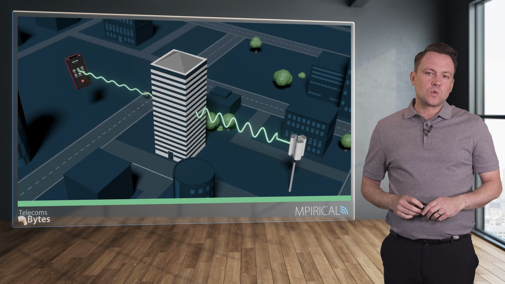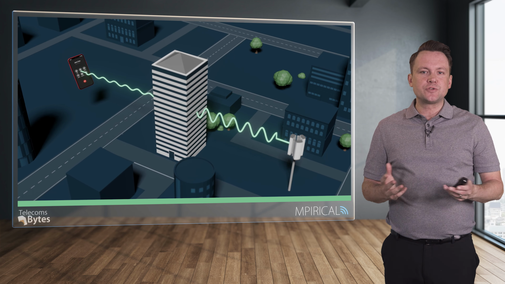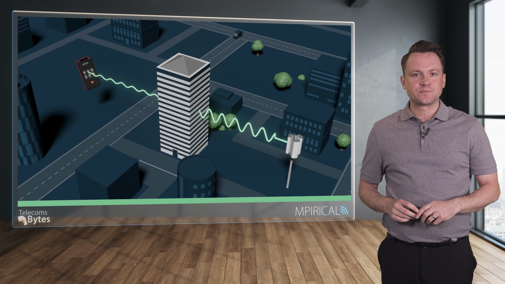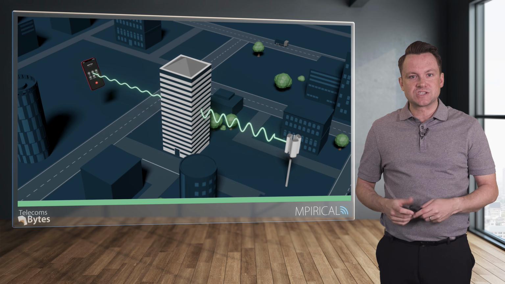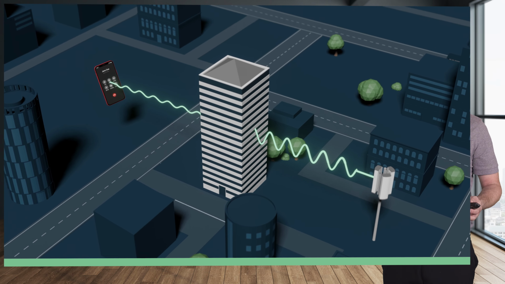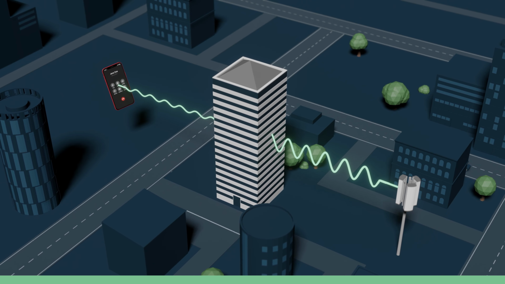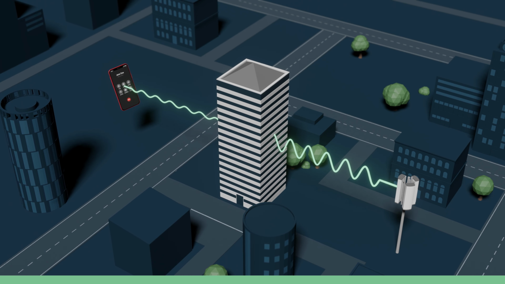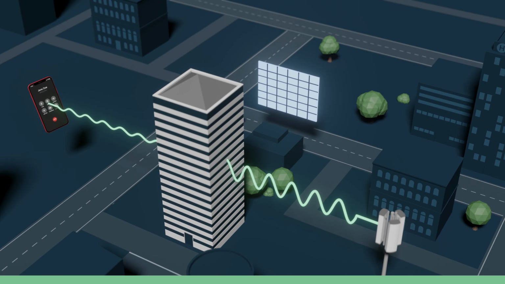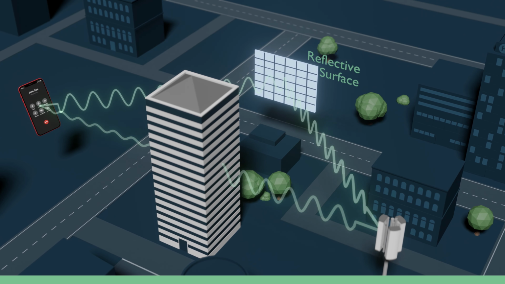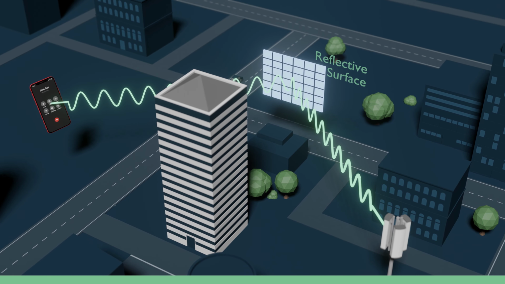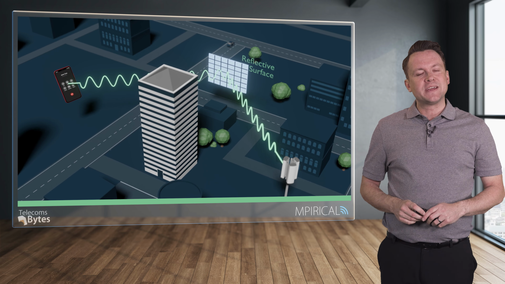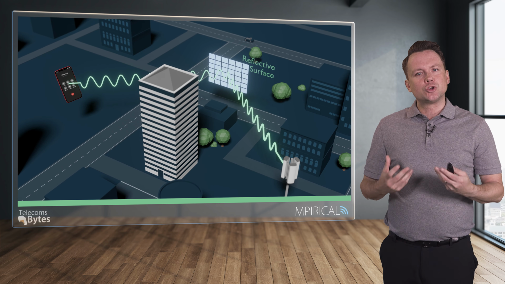Now, one of the ways that we can mitigate this problem is through the use of something called RIS, or Reconfigurable Intelligent Surfaces. Now, you may also see these referred to as Reconfigurable Intelligent Reflective Surfaces or simply Reflective Intelligent Surfaces, but despite the differences in name, the principle itself remains the same. So we place a reflective surface in between the transmitter and receiver, and we will do that in a strategic manner to ensure that potentially large obstacles can be avoided, and it gives us a degree of control over the